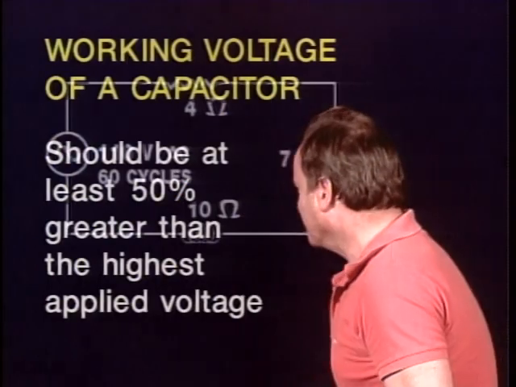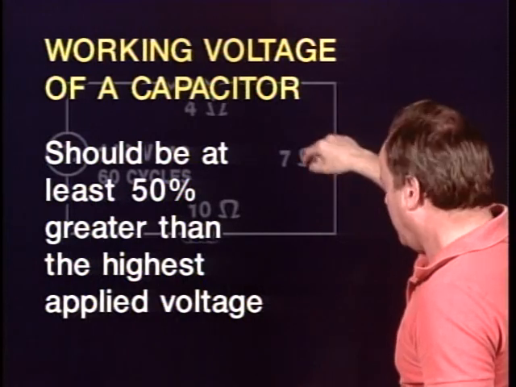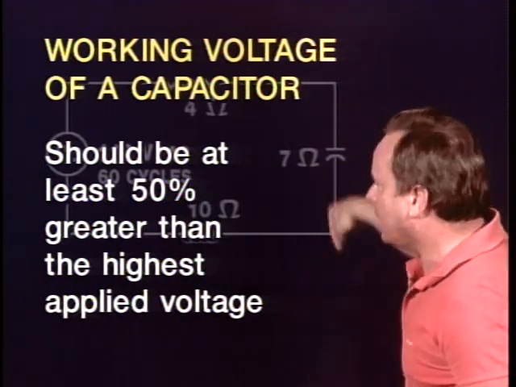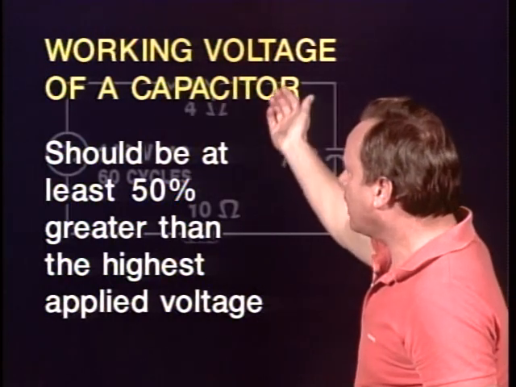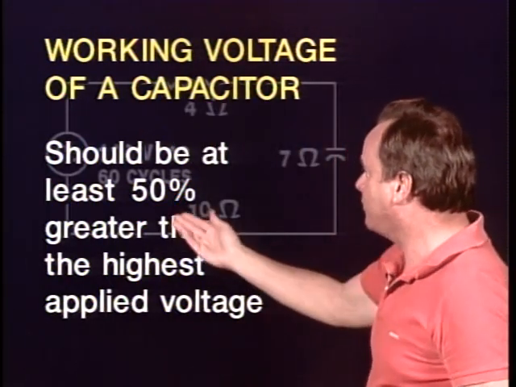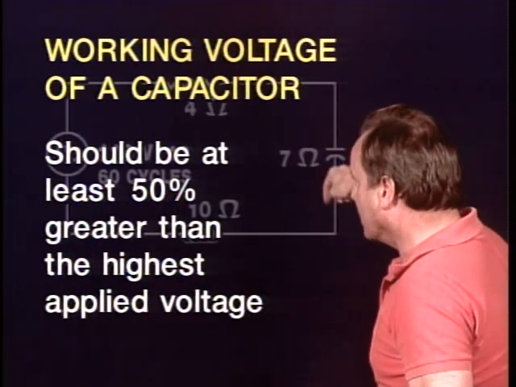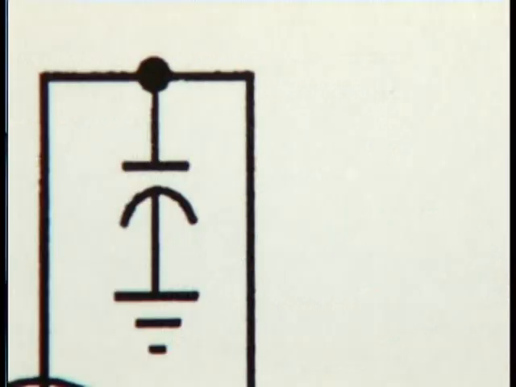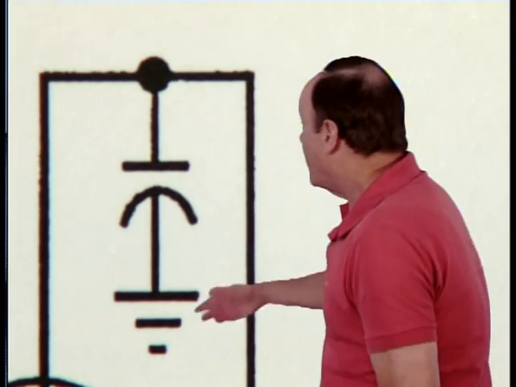Now, there is a maximum working voltage of a capacitor because the dielectric is only so strong. And so if you had too much voltage, it would just jump right across the capacitor and, of course, ruin the capacitor. So what they say is the working voltage of a capacitor should be at least 50% greater than the highest applied voltage you're ever really going to put on it. Otherwise, you could short out the capacitor and go right across it. Now, sometimes in a circuit, including DC circuits, you'll see capacitors installed like